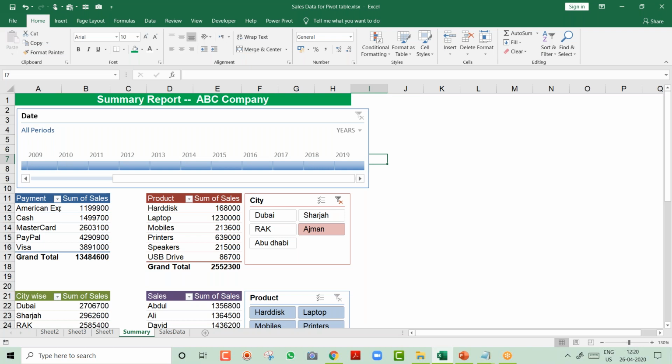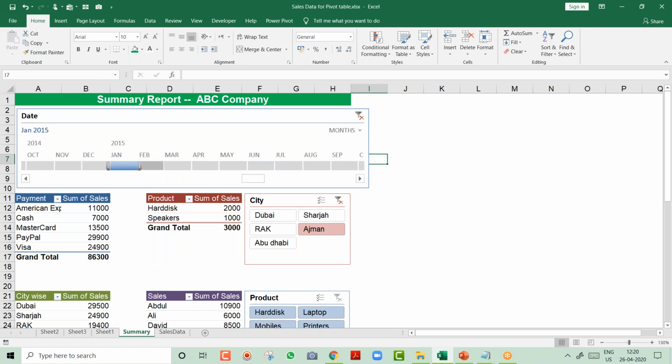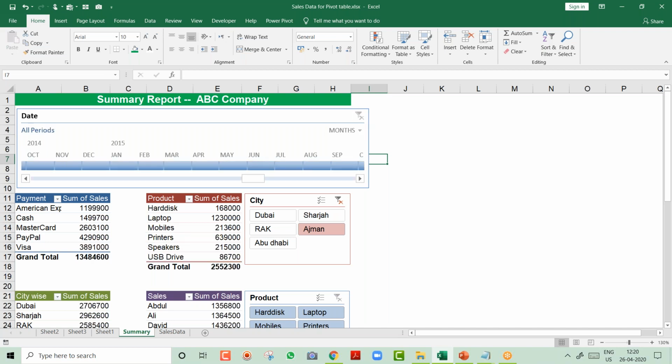Your manager says, hey, I don't want to see yearly, I want to see each year, each month sales. No problem. See friends, interesting option. I click on this drop down, years, and I have quarters. It will show you each year, each quarter, how much is the sales. So I say I want to see first quarter sales of 2015. No worries. Click and your work is done. You will see the numbers are changing. If you want to see monthly, each year, each month, these are really amazing reports which can be created. Again, I click on this clear filter, it's done.